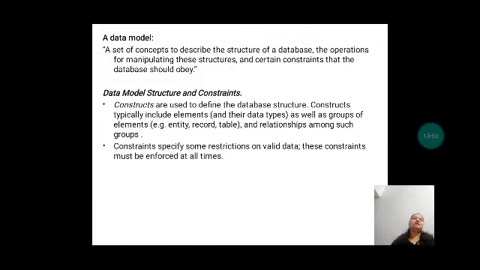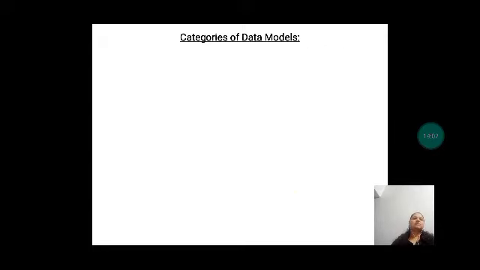Now let's see the categories of data models. There are basically three categories of data models. The first one is the conceptual, or high level data model. Then we come across the physical data models, or low level data models, or even internal data models.